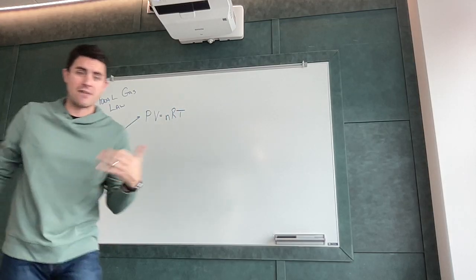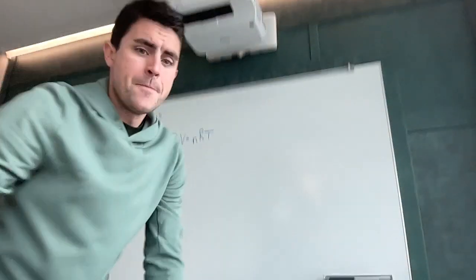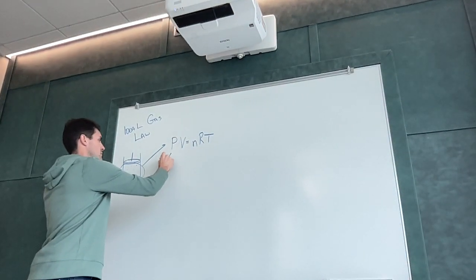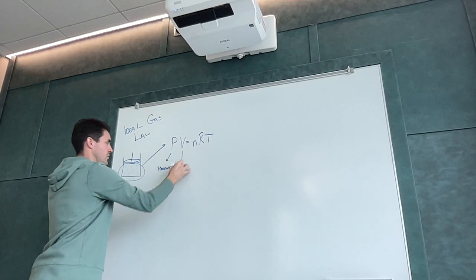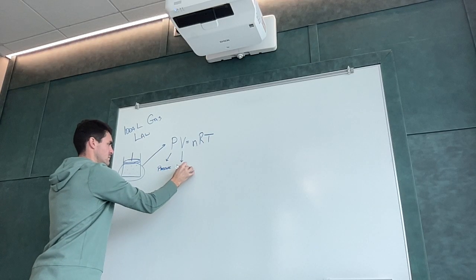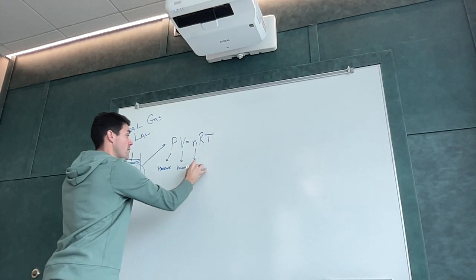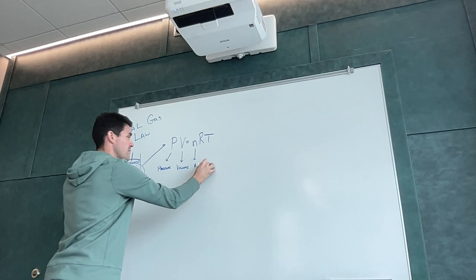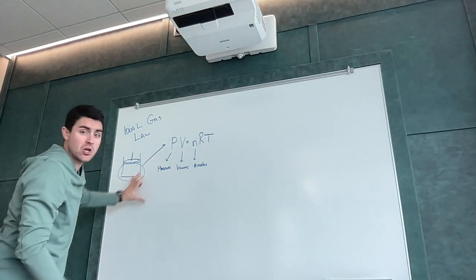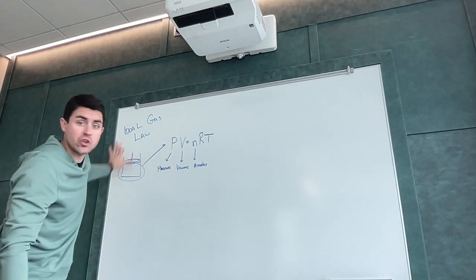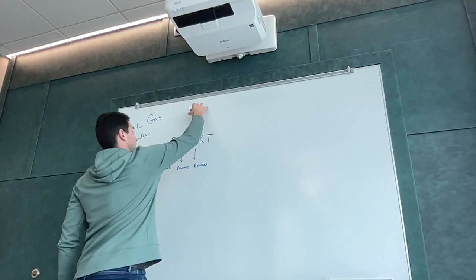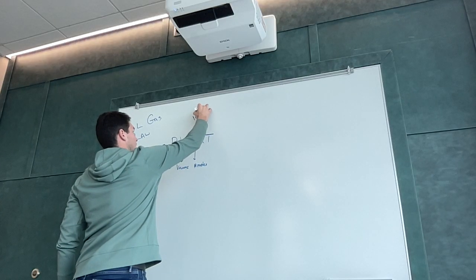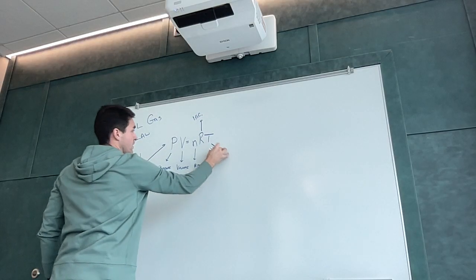Now these are some variables we haven't necessarily seen before. This here is pressure. This here is volume. This here, n, is number of moles, a little blast from the past in chemistry. If we're talking about the whole sample of gas, I want to know all the particles in this sample, so I need to know the number of moles. Over here, this is the ideal gas constant, the IGC. And over here, this is temperature